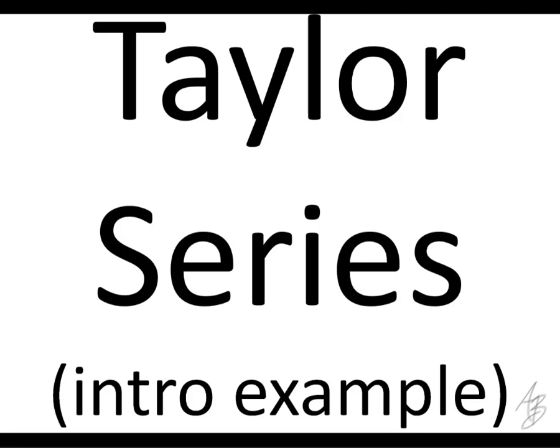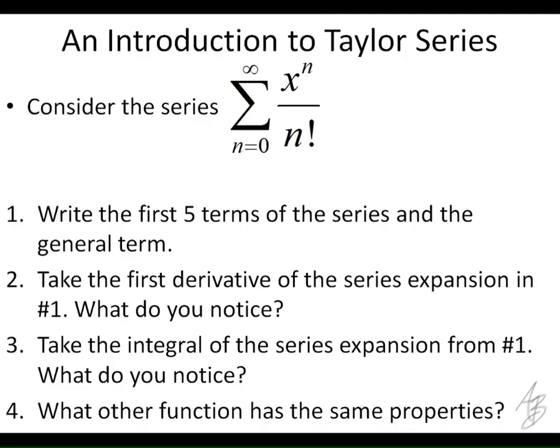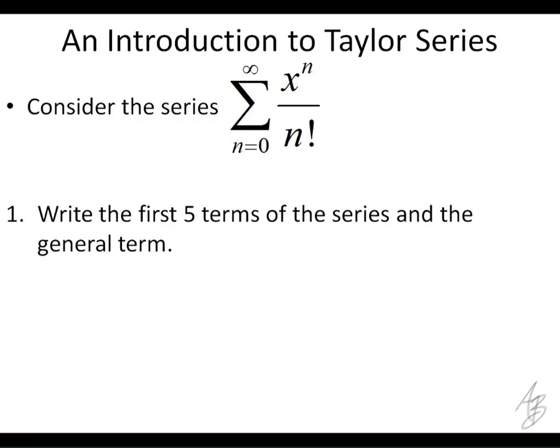Usually we'll use these Taylor series to represent non-polynomial functions. It doesn't really make sense to use a polynomial to approximate a polynomial. So in this example here, we're gonna examine this Taylor series, which is a power series. It's going to be written as a polynomial, and we're going to try to figure out what function it represents. So the first thing I asked you to do here is to write the first 5 terms of the series